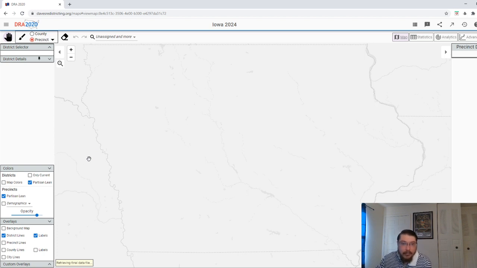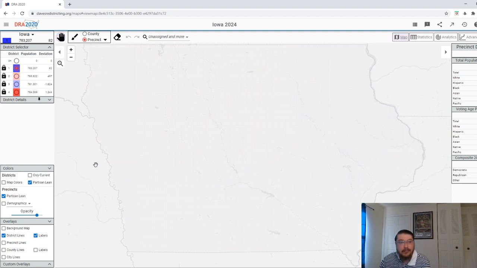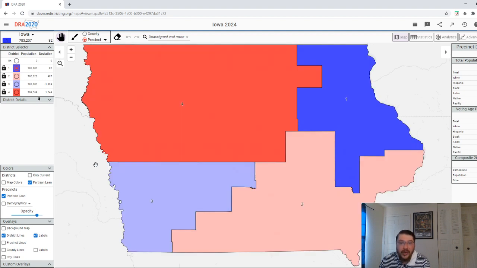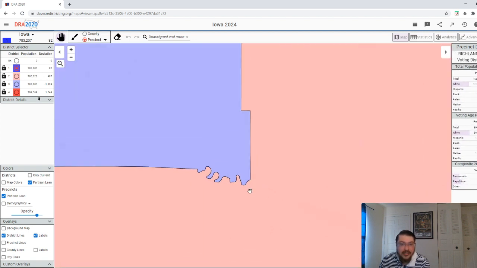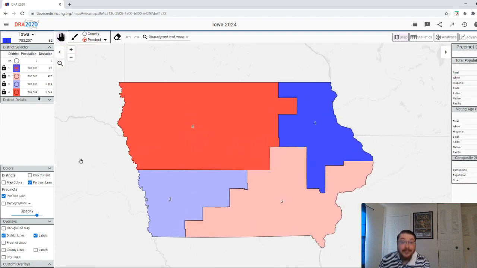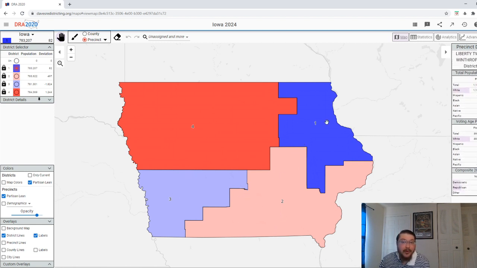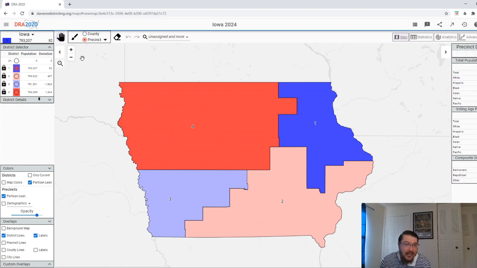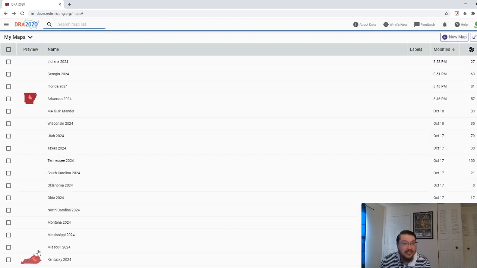I tried to do a little bit better with this, but it's really difficult because Iowa actually, I believe the rule is that the district lines have to be lined up with the county lines. So this one was particularly difficult, but I managed to get as close as you're going to get to, and the reality is you're probably never going to get a map where all 4 seats go Republican. But then again, Iowa is a very swingy state.